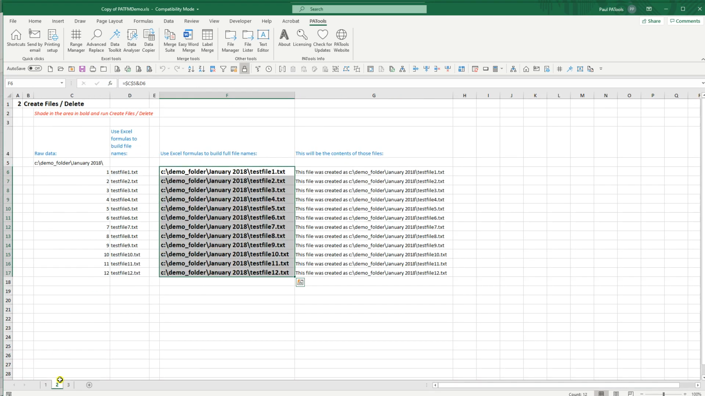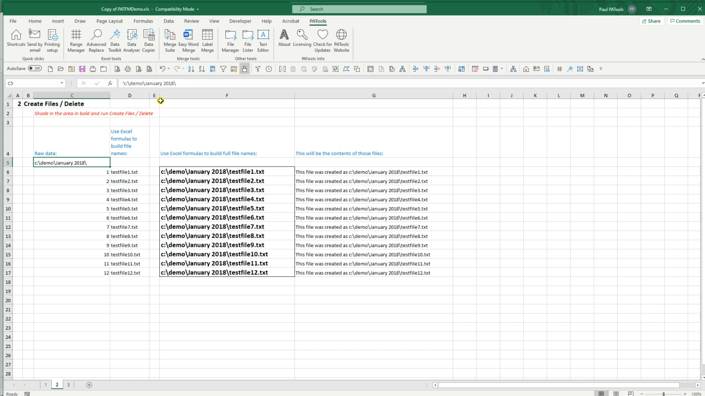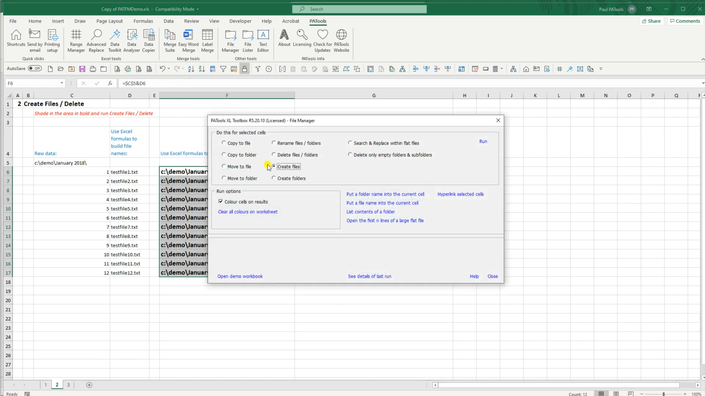Now we'll move on to tab 2, creating files. In a similar way, what we've done here is we've created a name of a file that we're going to make by concatenating different bits from over here. So I'm going to just go and change this from demo folder like that to C demo, and all of these have automatically adjusted, and let's go and create these now. File Manager, create files,